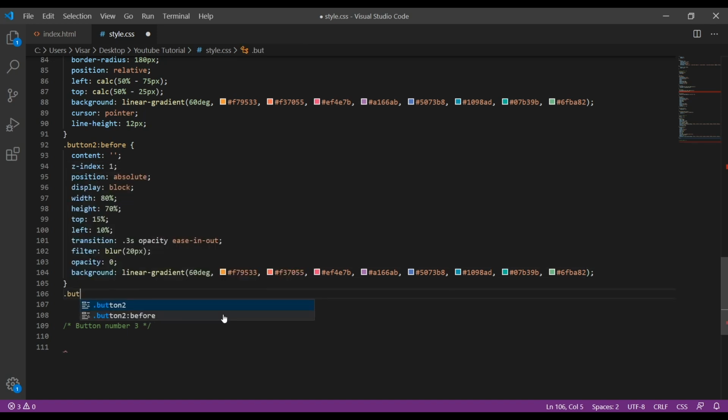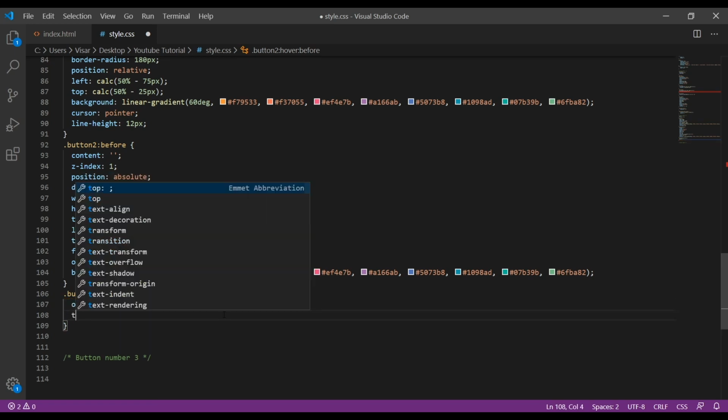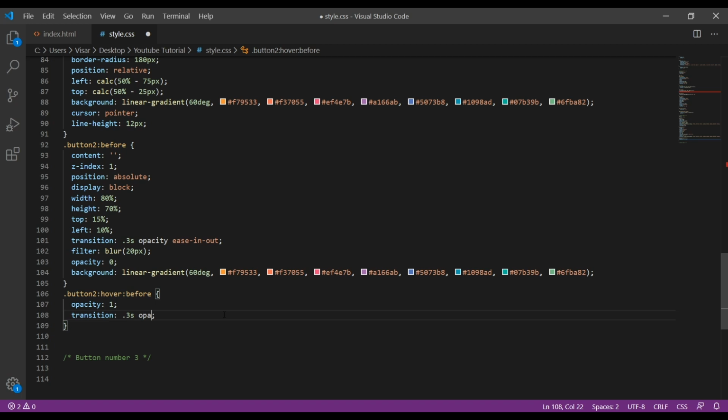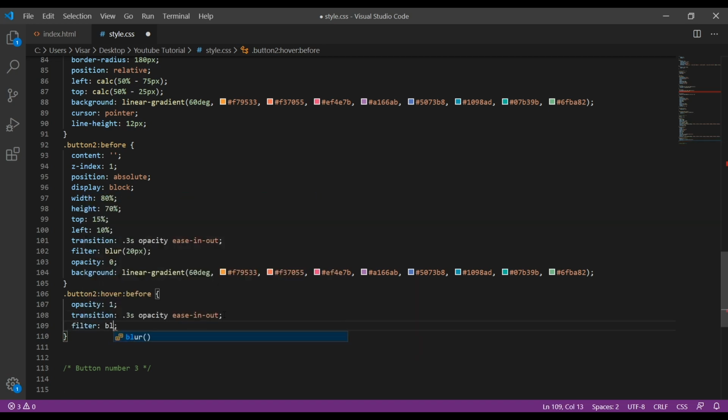Then we do, so we target hover, and then before, the opacity 1, the transition will be 0.3 seconds, then opacity ease in out, and the filter blur 25 pixels,